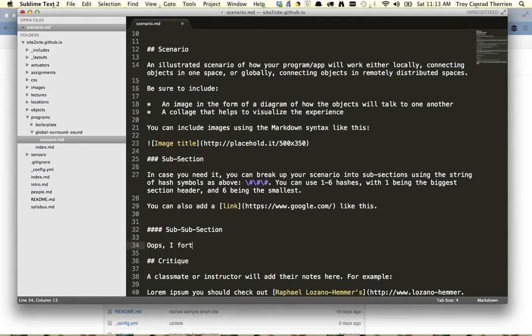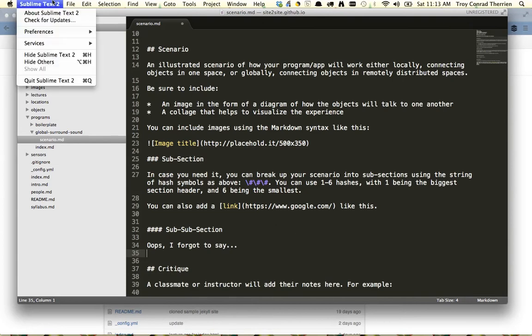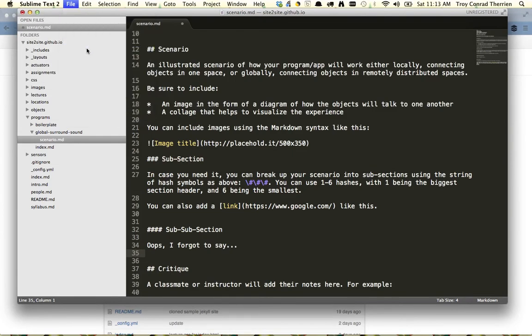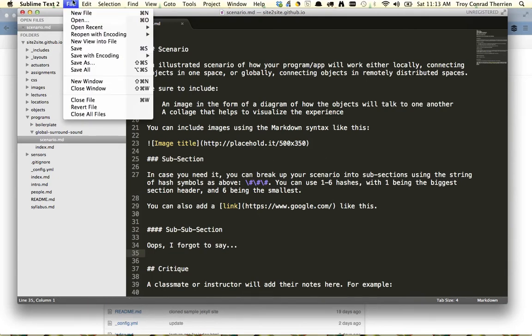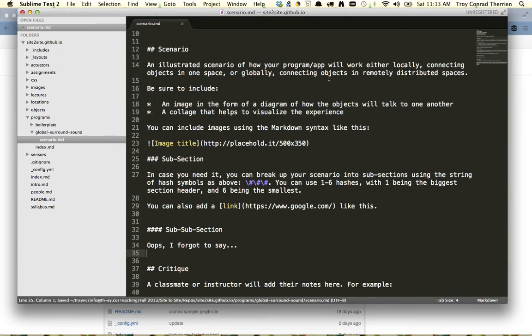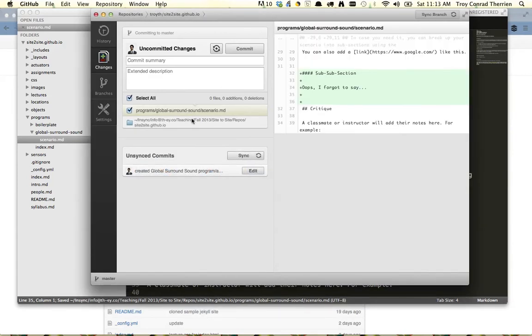Oops, I forgot to say, wow. So then I'll go in here and save that one again. You might get this from time to time, asking you to pay for Sublime Text 2. Click Save and go back to GitHub, and you'll see again the program / global surround sound / scenario.md file